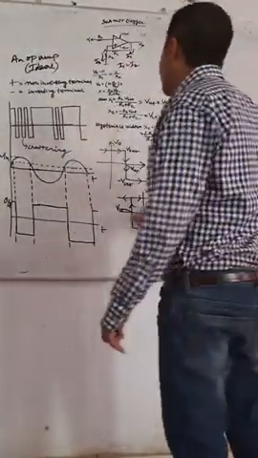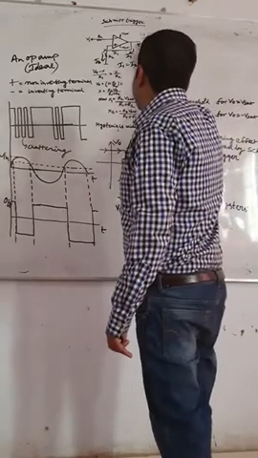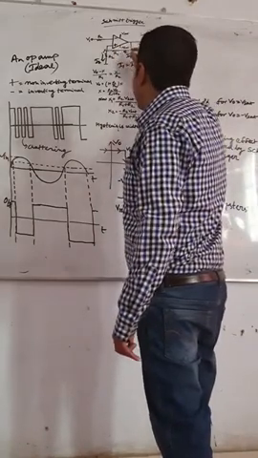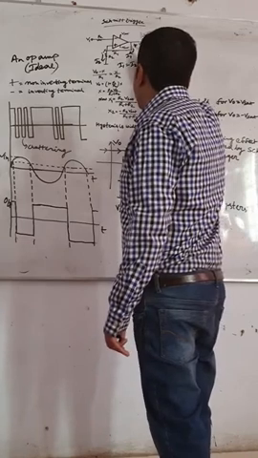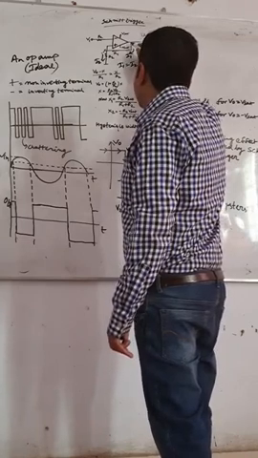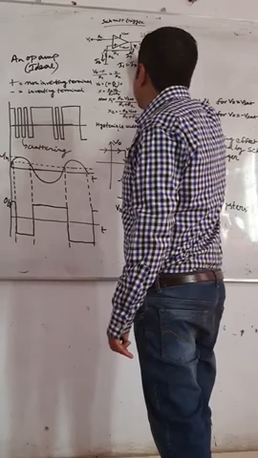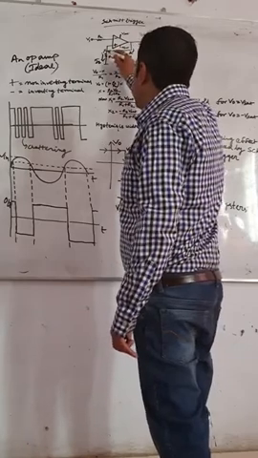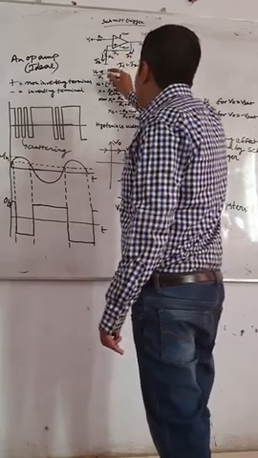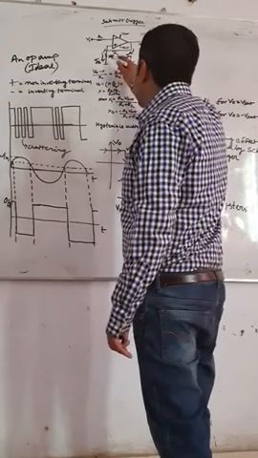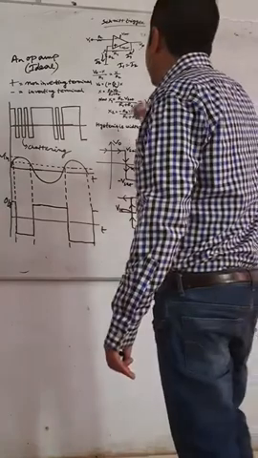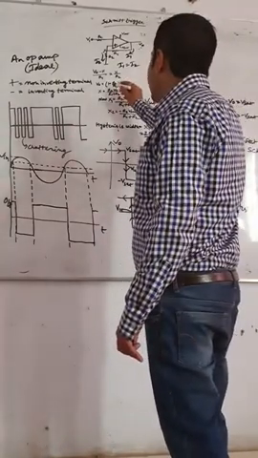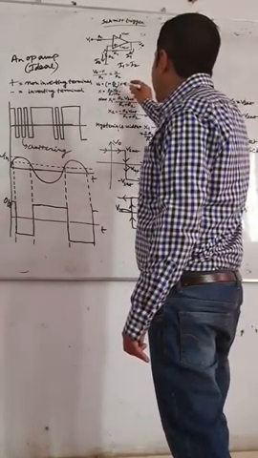So I1 is equal to this nodal voltage minus this nodal voltage divided by R1. This nodal voltage is V0. The current is generated from the voltage V0, the output voltage, and it ends at the nodal voltage X. So (V0 minus X) by R1 is equal to X by R2. So V0 is equal to (1 plus R1 by R2) times X.